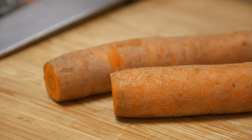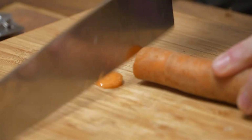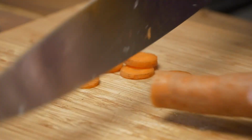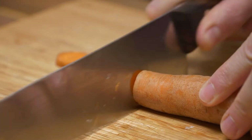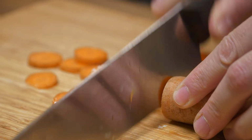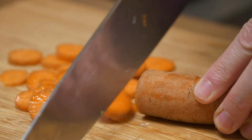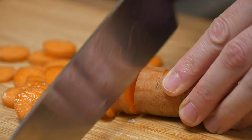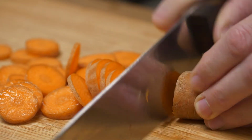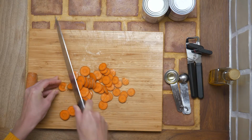Right, so again, how you chop them, completely up to you. I'm probably just going to do them in nice round slices like this. And you can go as chunky or as thin as you like. Today I'm going to go quite thin, just for cooking time basically. The thinner you slice them, the less time they need to cook, obviously. So I'm going to go nice and thin today, but I suppose generally I'd maybe go a bit thicker and chunkier than this. But just because we're cooking live, I'm going to do it a bit thinner so they cook nice and quickly. So you don't have to sit around and watch me waiting for my carrots to cook,